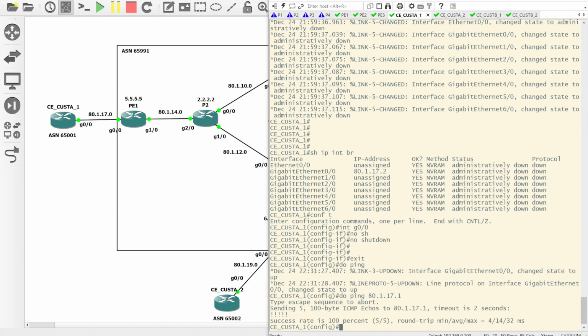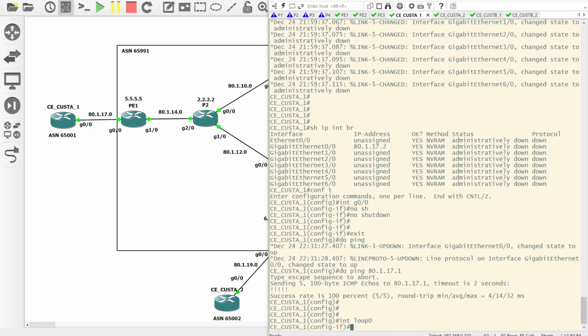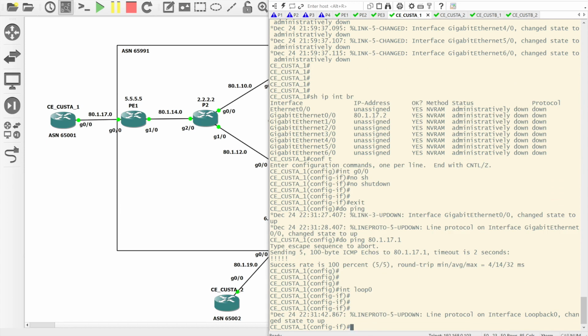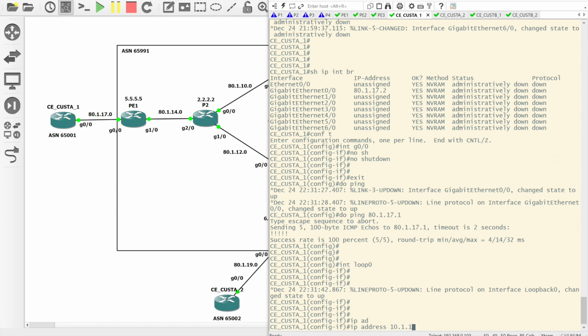On here, one thing I want to do first of all is configure a loopback, so that we can advertise that to the PE, and we can verify that it shows up in the VPNv4 table, working across the network down to this other site for customer A, and making sure that once we're all configured with BGP the routes are appearing within the customer routing tables. So we'll configure an IP address of 10.1.1.1 with a /32 mask,